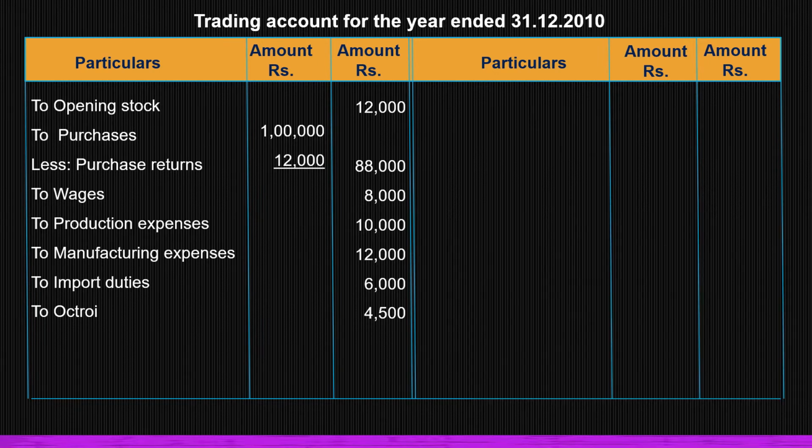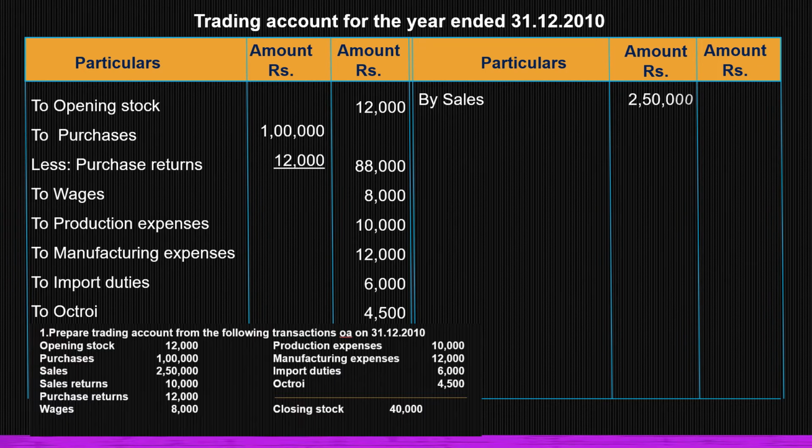Now I am going to show incomes on the credit side. So on the credit side you can see by sales. Sales means income. So the amount should be in the inner column. So from sales we should subtract sales returns. Sales returns are given as 10,000. So 2,50,000 minus 10,000 equals 2,40,000. Then one more point we have to write here, that is closing stock,